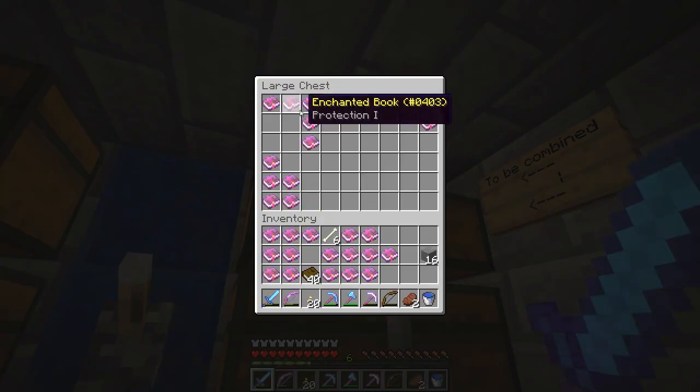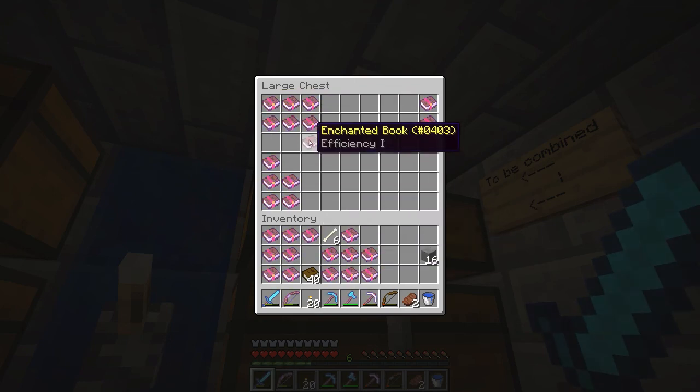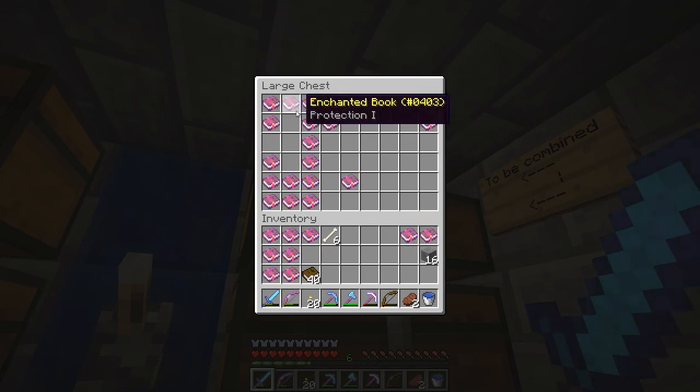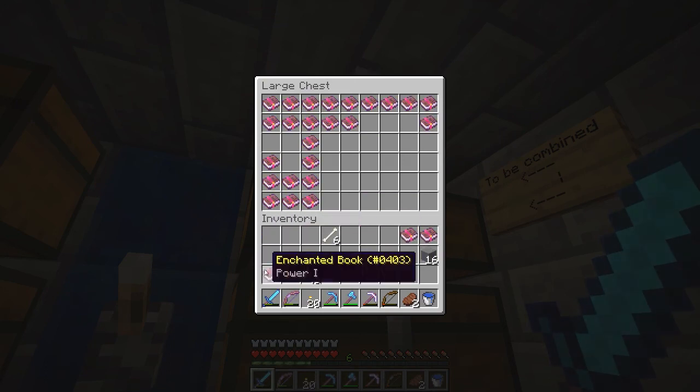Stick them over in here. As you can see, I've got some protection already, and a sharpness. There's a bunch of sharpnesses here that I've already combined, and same with the efficiency. Well, that's Aqua Affinity. Actually, that's at max level anyway. Efficiency, efficiency, efficiency, and protection. Oh, hang on a sec. Your efficiency, your protection, and then they're all power over there. So yeah,